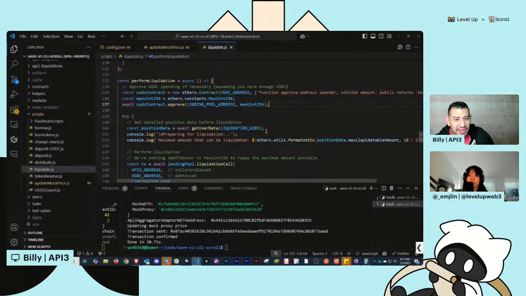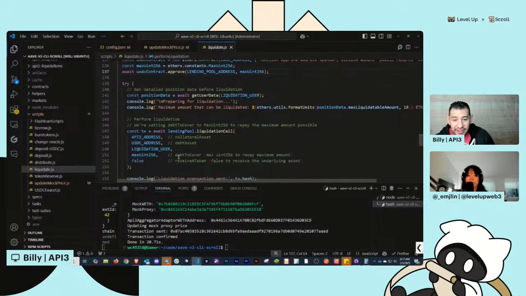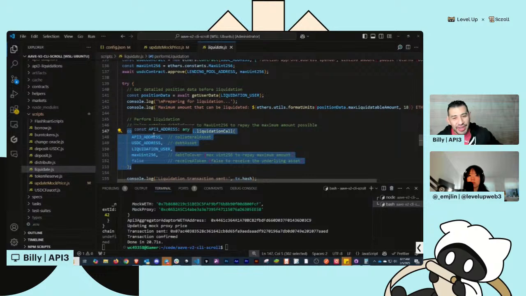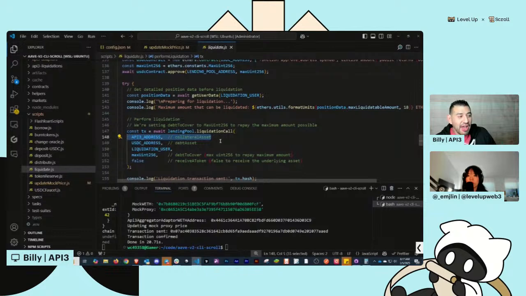Right before I do it, I want to make sure that I can prepare this liquidation. And here it is. This one function call right here is the entire liquidation. We are saying this is what we're going to get back. This is the collateral asset that I want to choose. Your bot can decide what it is, but for this example, I'm only using one asset and one debt position. We know that the debt position is USDC because I did it.